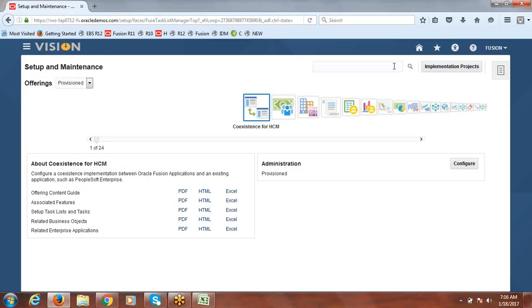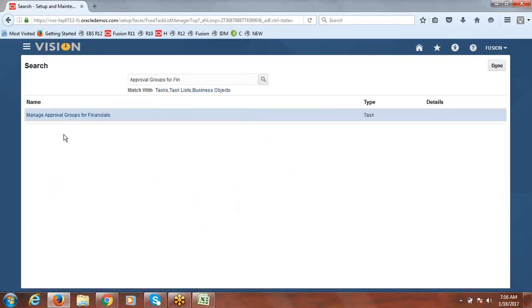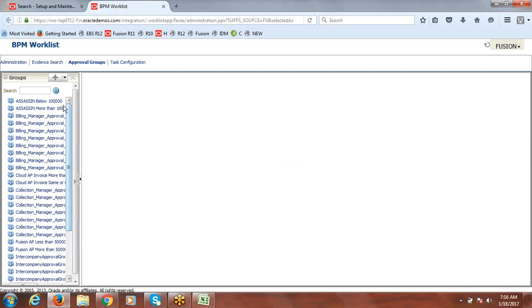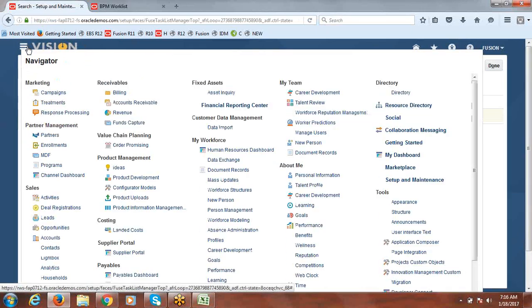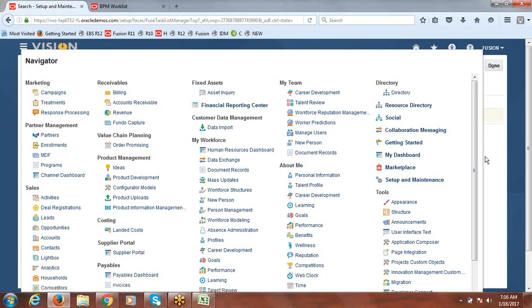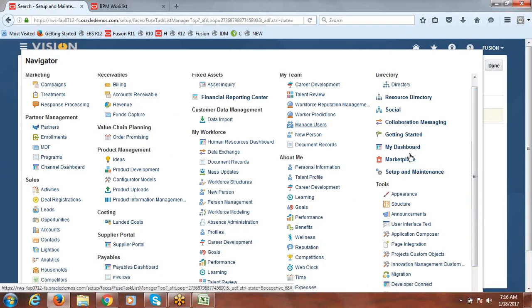So when you talk about approval groups for financials. Okay, before that I'll show you what user I created, and who is the supervisor for that user. Manage users.